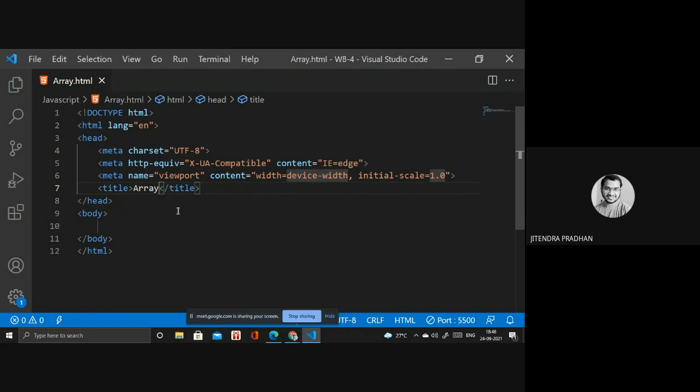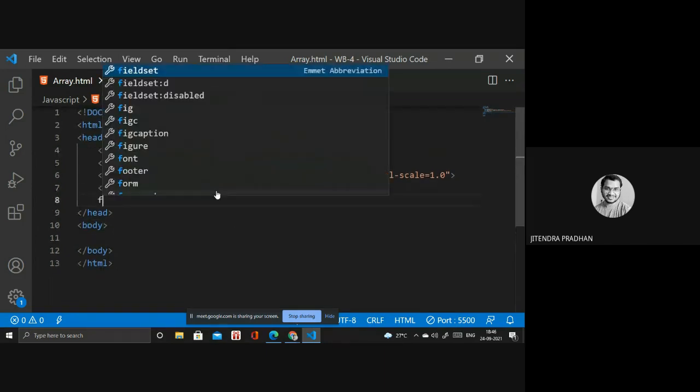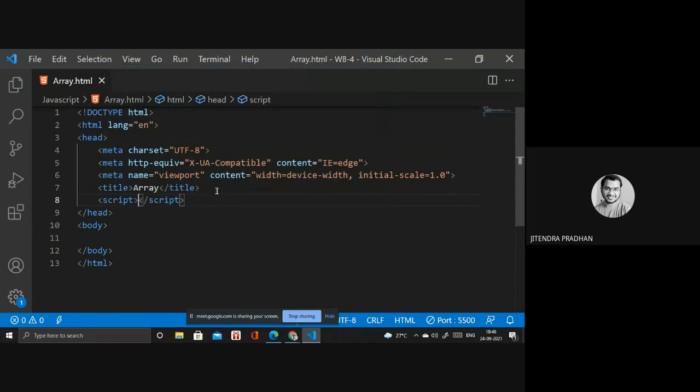What is a meta character? I will show you. Inside the script tag you have to write the JavaScript.